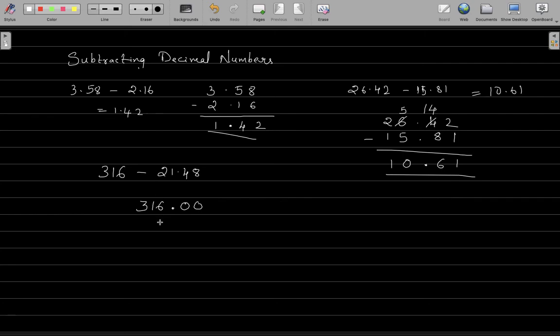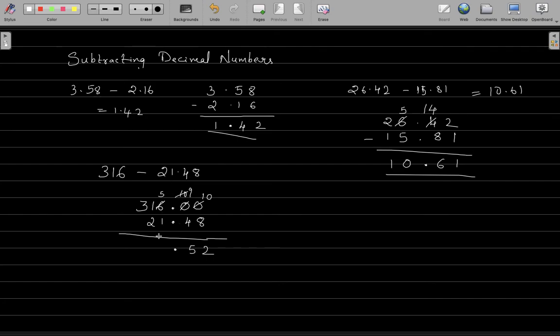Now this is 21, 2 is in tens place, 1 is in ones place. Keep the point under the same line, and this is 48. Now you subtract the same way. 0 minus 8, you have to carry forward. So this will become 5, this becomes 10, but you take one more, this becomes 9 and this becomes 10. 10 minus 8 gives you 2, 9 minus 4 gives you 5.